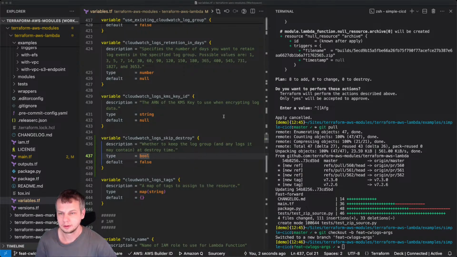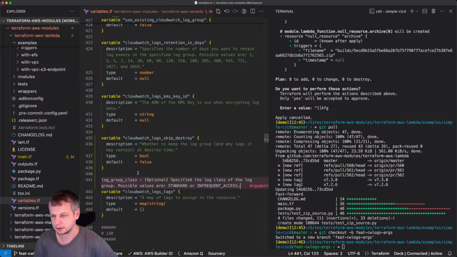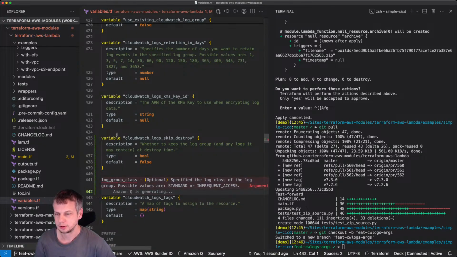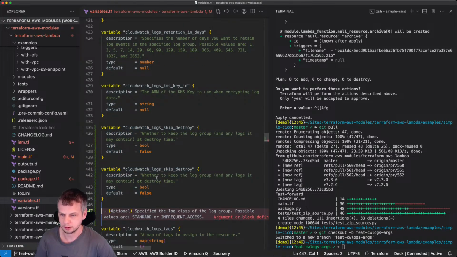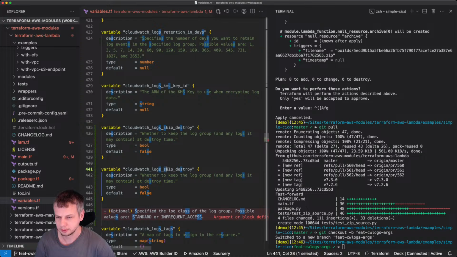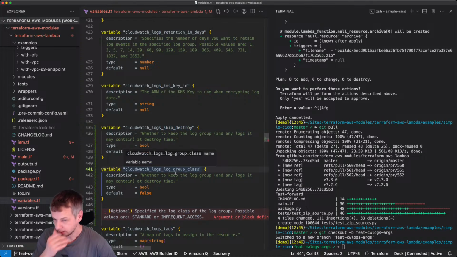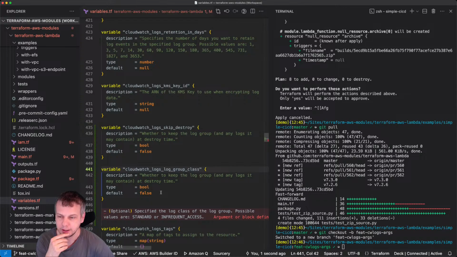And looking into other things, there is also another parameter which was added before. I want to add it here too, because who wants to pay for CloudWatch logs which are infrequently accessed?